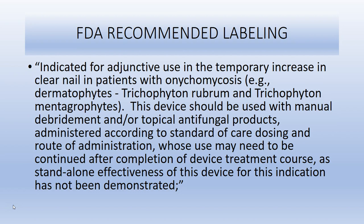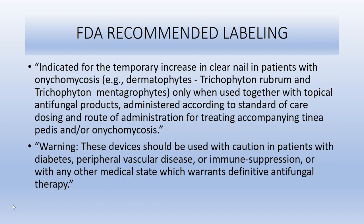In fact, they're not even used for the treatment of onychomycosis. They're simply used to improve the appearance of the nails. And the FDA is very clear in their positioning that the standalone effectiveness of lasers for the treatment of onychomycosis has not been demonstrated. So according to FDA recommendations, again, a little bit different from the advertising that we receive